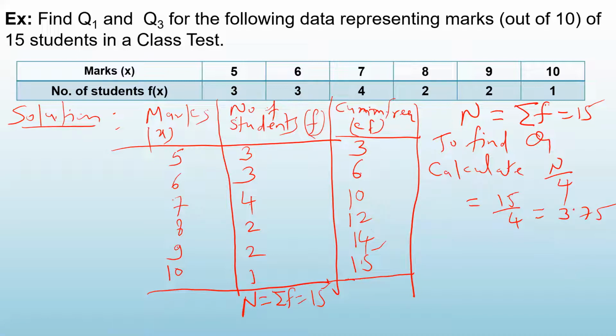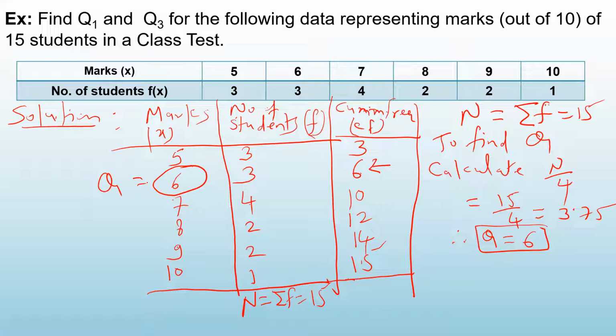Last step will give you the value of Q1. What you have to do in the last step, the value of Q1 will be, how will you calculate? You have to look at the cumulative frequency column and see the value for which the cumulative frequency just exceeds 3.75. 3.75 पे just बड़ा कहाँ हो रहा है? तो यहाँ से start करो. इधर हो रहा है 6. So you have to put an arrow here. And see, it is for what? It is for the marks 6. So what is the value of Q1? Therefore, Q1 is equal to 6. So ये आपका Q1 का value है.